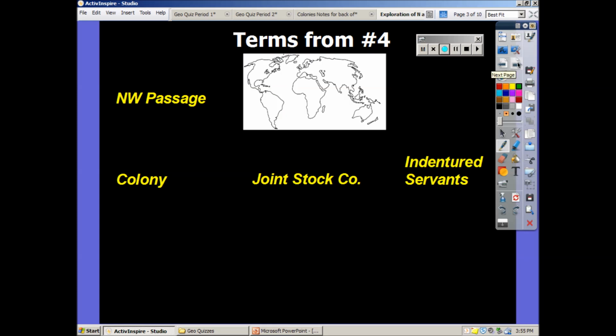Now, if you look at number 4, the question number 4 in the paper is really about these terms. And I'm not going to define each of these terms, but when it comes to the Northwest Passage, as countries began to realize that there wasn't a way to get through North America and South America, they tried going around it, and they tried going north of North America. That's what the Northwest Passage is all about. A way to get to Asia by going north of North America.